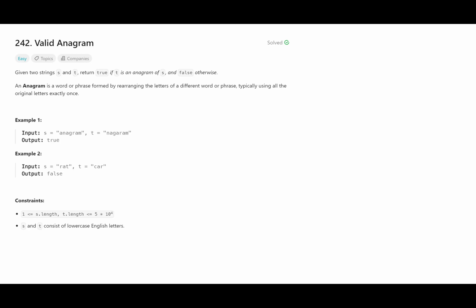Okay. So let's go to the problem description. We are given two strings, S and T, and we have to return true if S and T are anagrams. So here is the definition of an anagram. An anagram is when two words or phrases or strings are made of the same letters, say